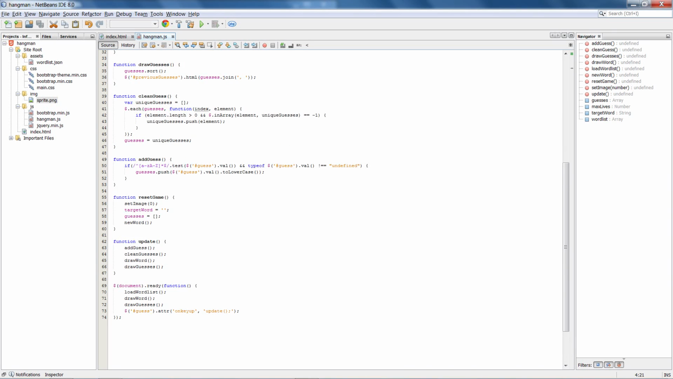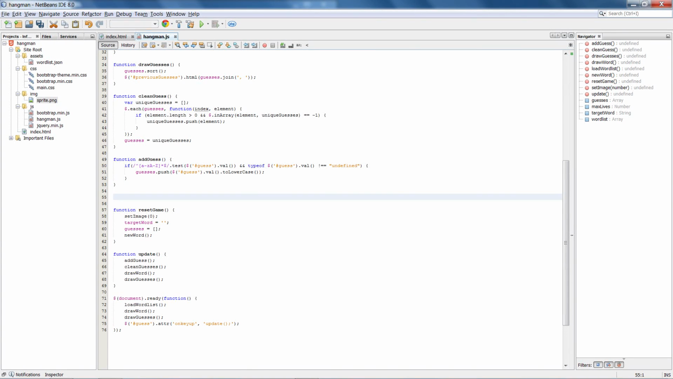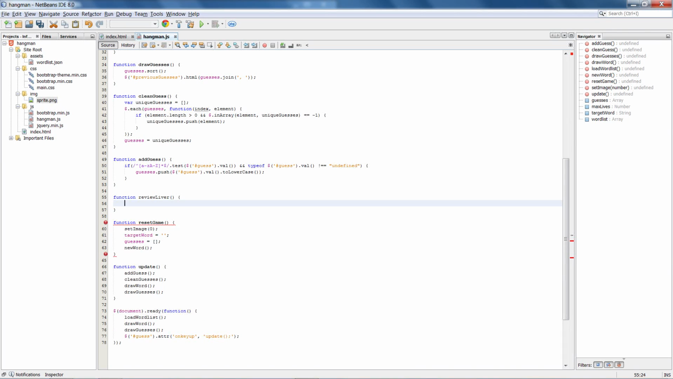So the review lives logic, if you like, we'll need another function. And we're going to calculate the number of lives left every time the player inputs a new letter, rather than storing it in memory. So initially the lives remaining will be the max lives,